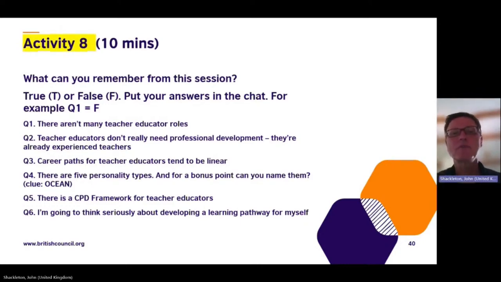Okay, question number three, yeah, that's false, isn't it? As we saw, they tend not to be linear, as you saw with Sharon and Anne, with Radhika and Doina. Their career paths go back to teaching, develop further through following a course, think a lot about what they would like to specialize in.